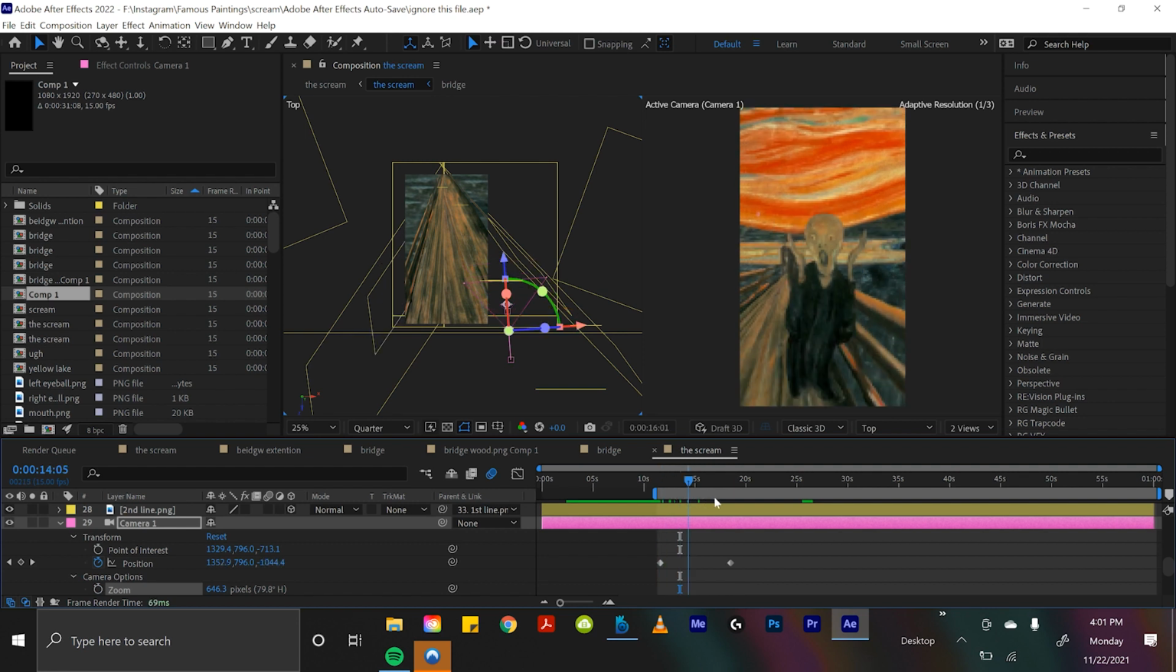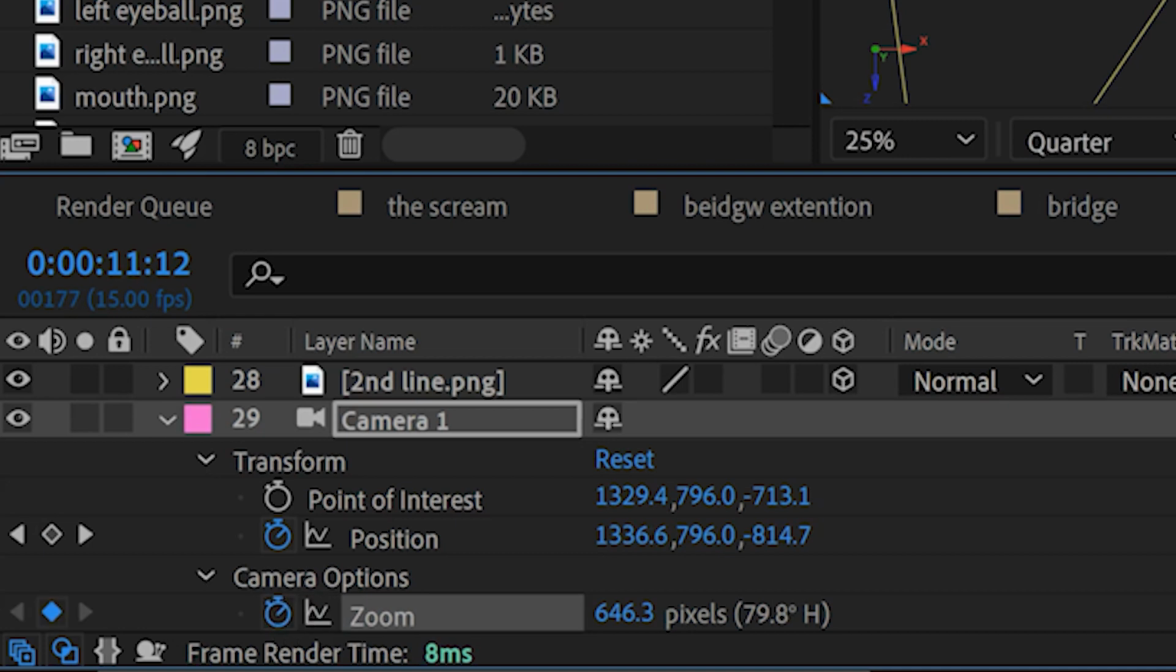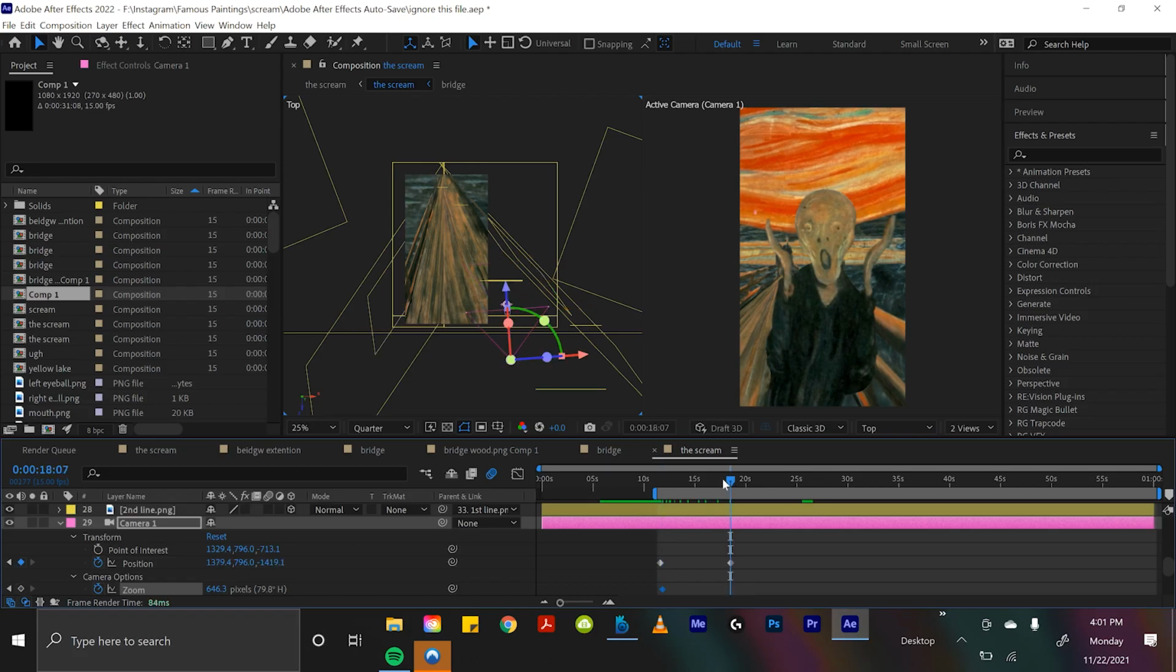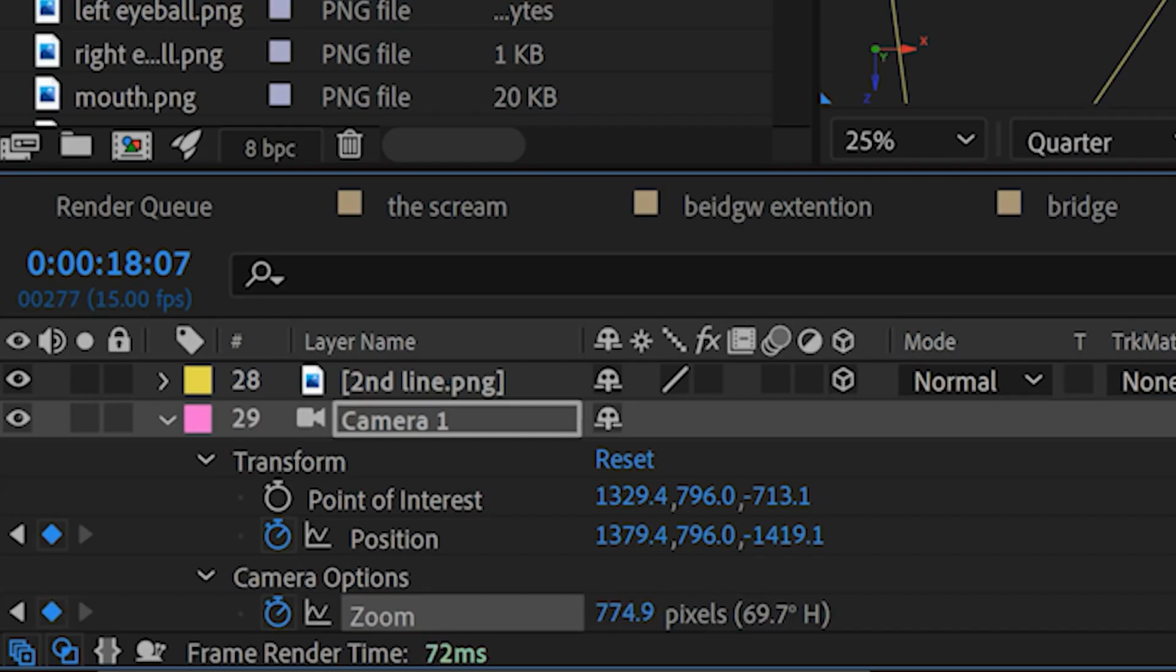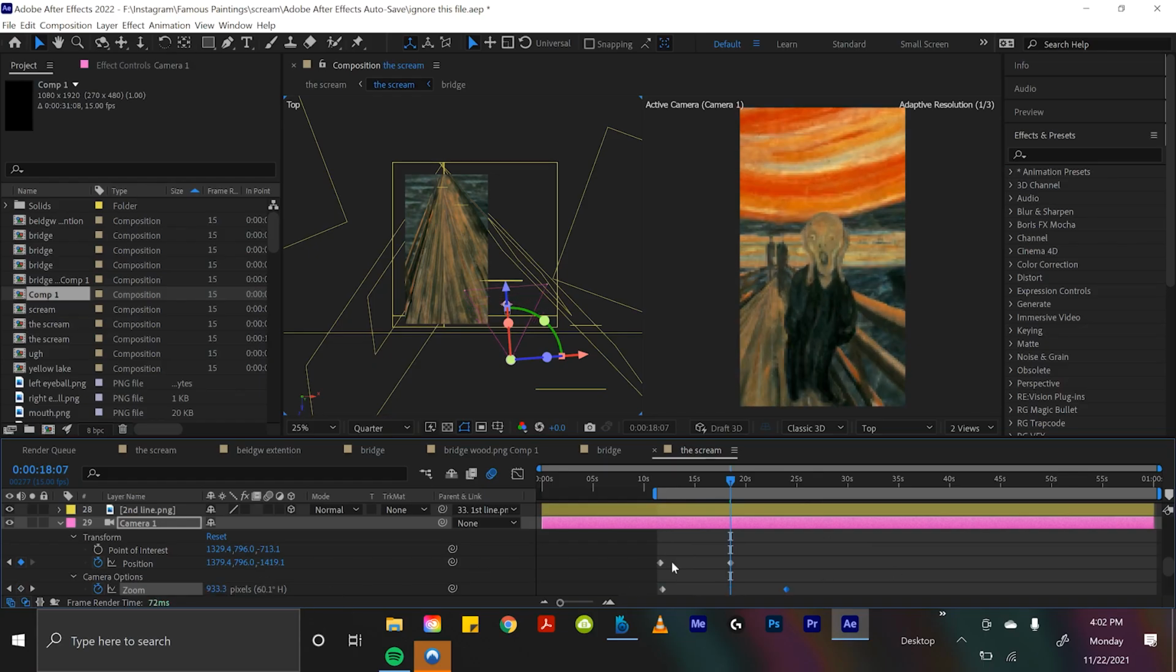Once you have your camera moving backwards just like this, a little recap, you just click position keyframe on zoom, and then by the end of your keyframe, you try and match up the framing just by zooming in with your camera from the layers panel. And that's